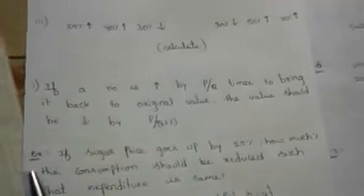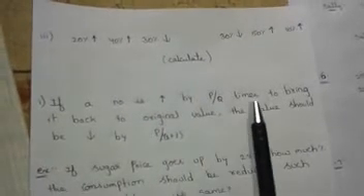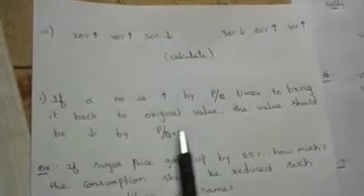Now this is the last step as far as percentages are concerned. If a particular number is increased by p by q times, to bring it back to the original value, the value should be reduced by p by (q plus p). So you might be getting confused. What is this step? How can we use it? Let me give you an example. If a sugar price goes up by 25%, by how much percent should the consumption be reduced such that expenditure will be the same? So what he gave here is that the sugar price has gone up by 25%.